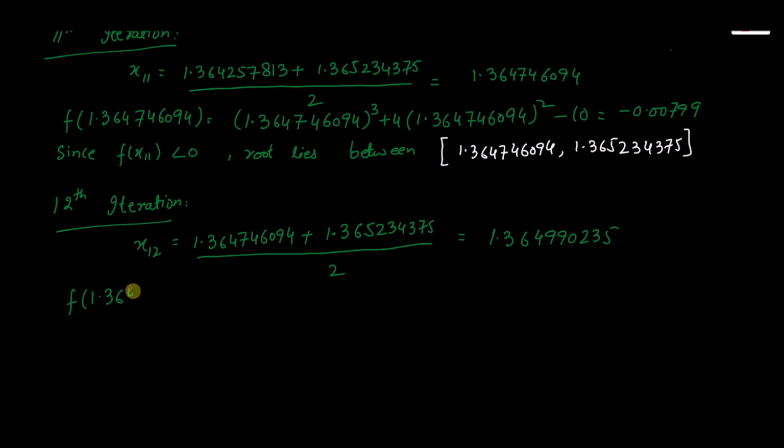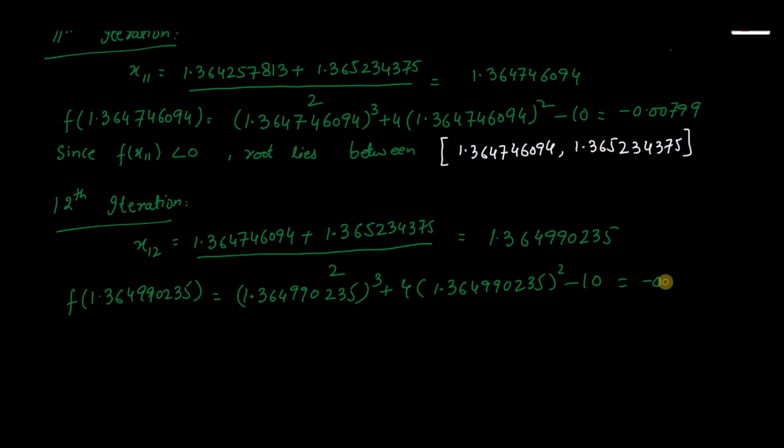So f of 1.364990235 is equal to 1.364990235 whole cube plus 4 times 1.364990235 raised to square minus 10, and when we solve and simplify it, we get negative 0.00396. So f of x12 is less than 0,